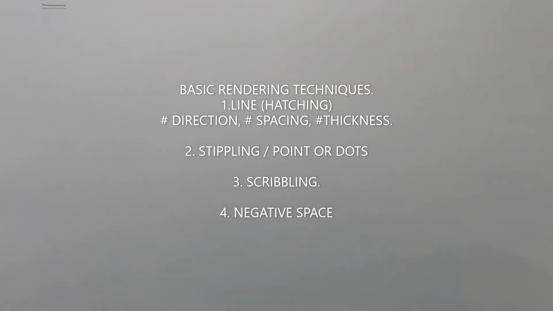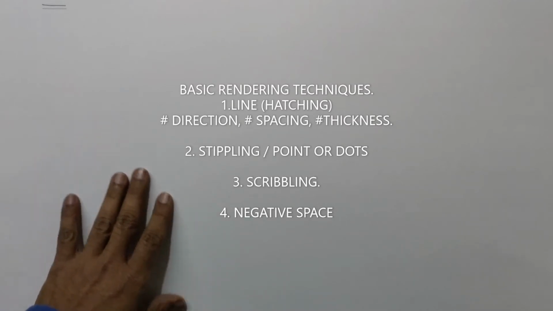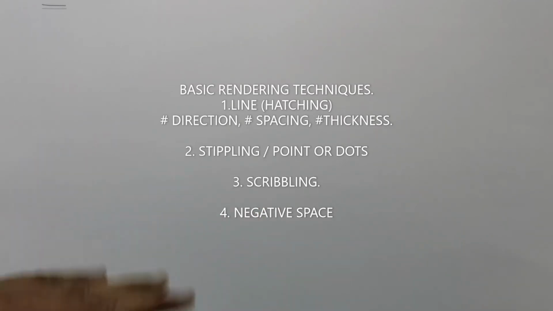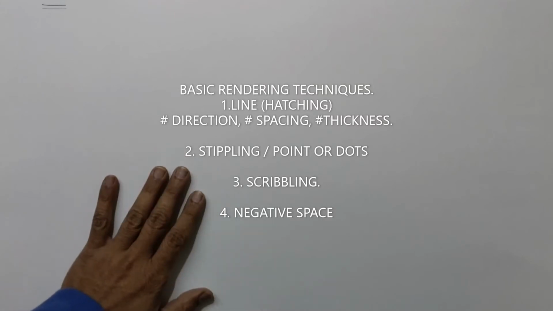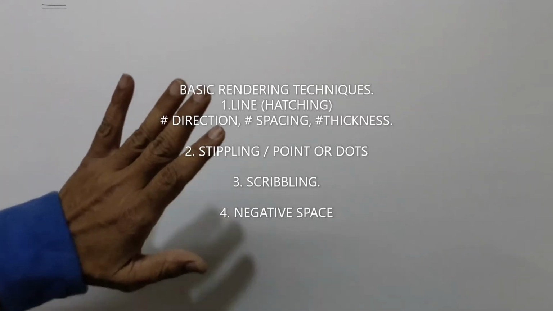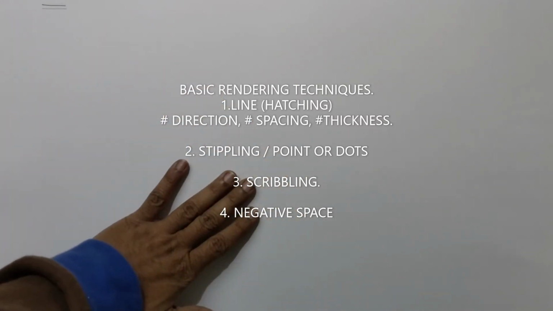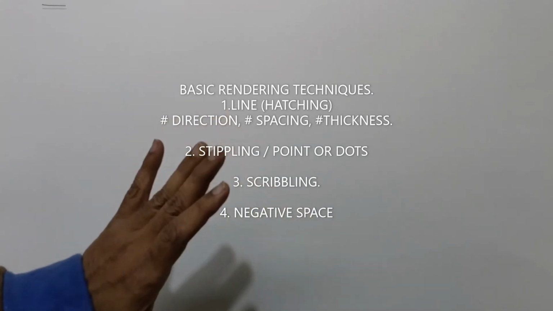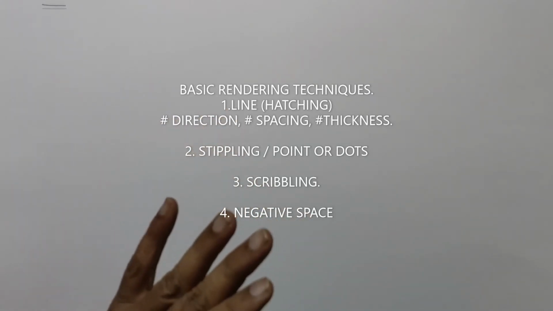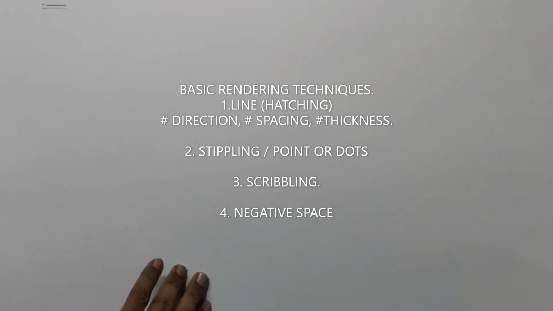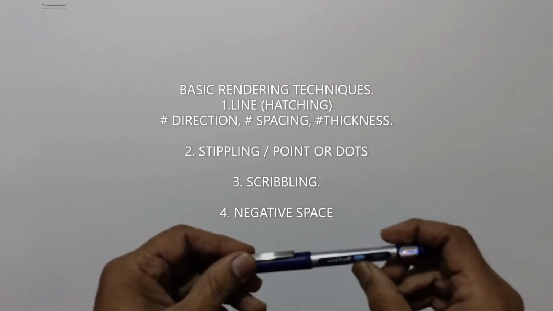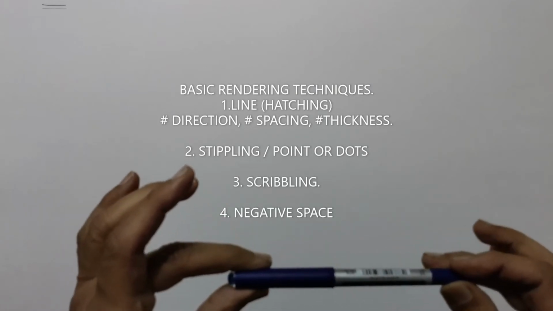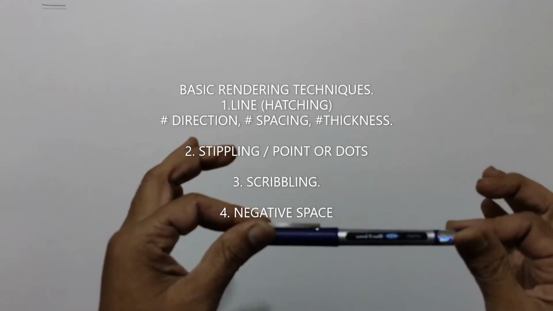So this I want to demonstrate in today's video, how I use this with whatever little knowledge I have. I want to share different rendering techniques to add life to a scenery or a scene. For that I am using only a single pen. I'm using this Uniball I Micro for this demonstration, and this is blue color. For a change I'm using blue instead of black.